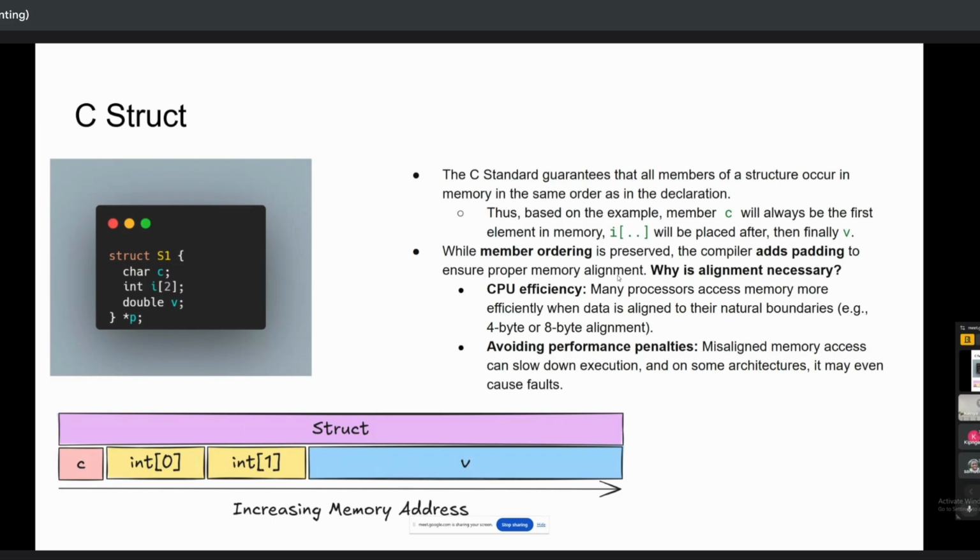But the compiler sometimes adds padding in between, because the address of each member is usually a power of 2. Since char here is 1, the next index would be 1, which is not a power of 2, so there's usually some padding added. But in this slide, I just show that the order is being preserved. For CPU efficiency, padding is added, because many processors access memory more efficiently when data is aligned to their natural boundaries, e.g. 4 byte, 8 byte, 16 bytes, 32 bytes,